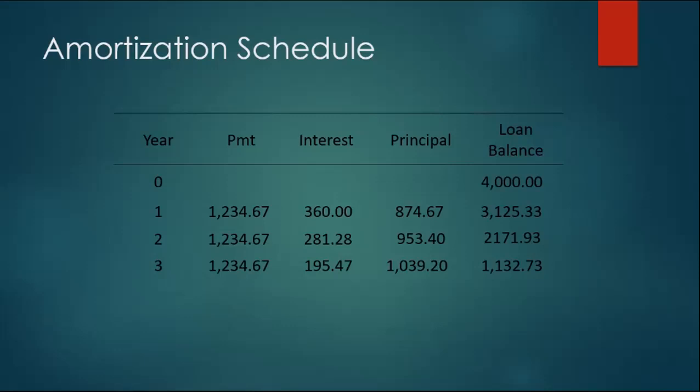And now with the fourth payment, here you can see, after making the third payment, you have the loan balance 1132.73, and after making the fourth payment, the principal amount is the same as the loan balance after making the third payment. As you can see, the principal amount is 1132.73, the same amount as the loan balance after the third payment, and after making the final payment, you have a nil or zero loan balance.